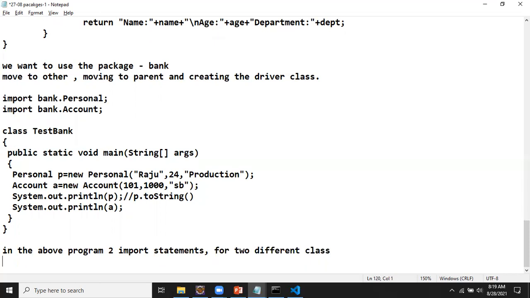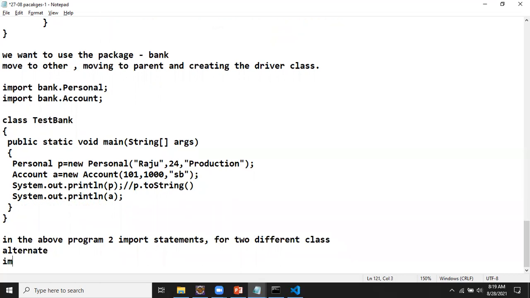This can be done another way. Let us say that if 100 classes are there, we will not be writing import for every class, like import bank.personal, import bank.account. Let us say you have one more class called customer, import bank.customer. If multiple classes are there, we don't have to write it so many times.